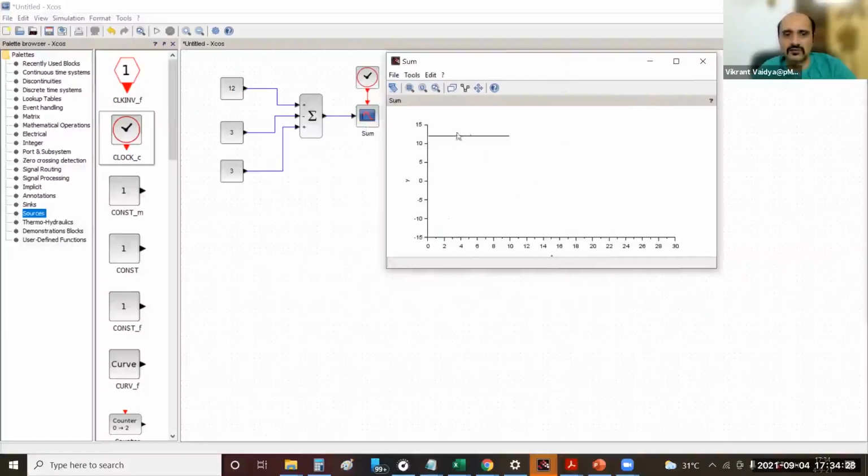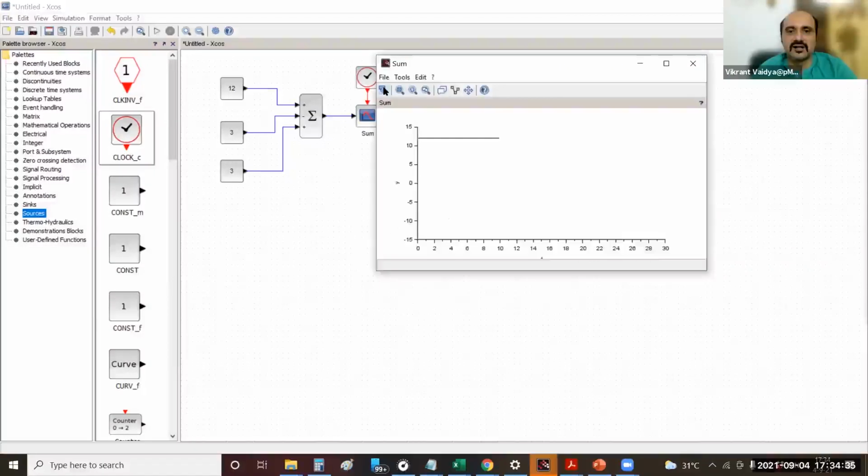Now, you have a lot of tools also available on that C-scope. The first one, if you mouse over, is rotate. Not something we use often, but it is there. Then the second tool is zoom area. You can select a zoom area and zoom into that particular area. Right now it is a constant number, it doesn't require zooming. But if you have a transient thing, you want to zoom into one particular area and see how it is varying, you can zoom into that using the zoom area. Then you have original view.